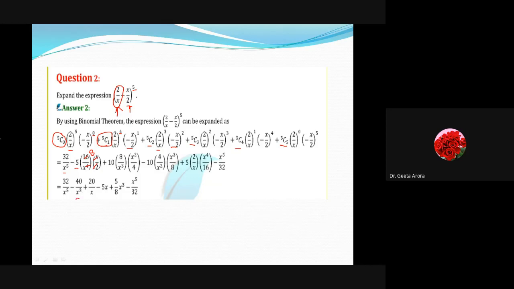If we talk about nC2, nC2 means n into n minus 1 divided by 2. So here we have 2 2s are 4 and 5 2s give me 10. Similarly, 5C2 is the same as 5C3. You can calculate it again, but it's the same as 5C2. So it is 10, 5C4 is 5, and 5C5 is 1. So just by simplification, we are getting the final answers. Correct?